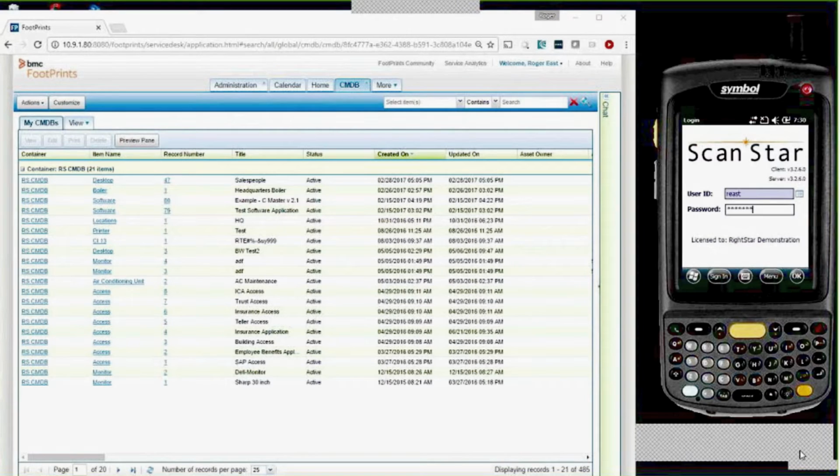I wanted to share with you a solution that RightStar has brought to the table for the various service desks that we work with. We've been having this tool for a number of years now. It's called ScanStar. And what it is basically is a barcode scanning add-on for whatever service desk that we represent that